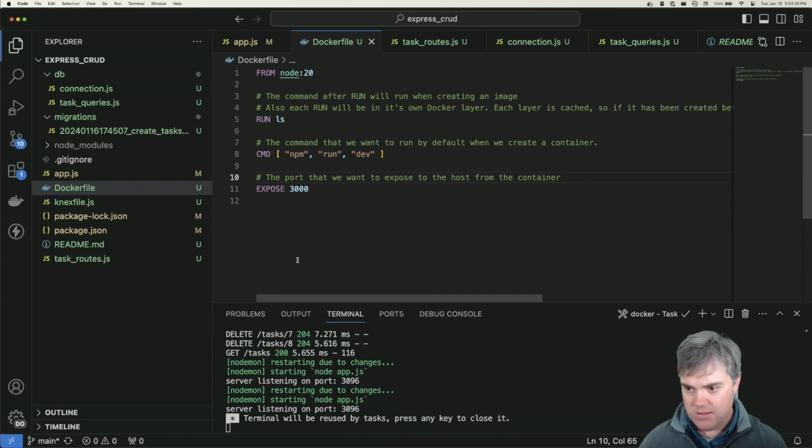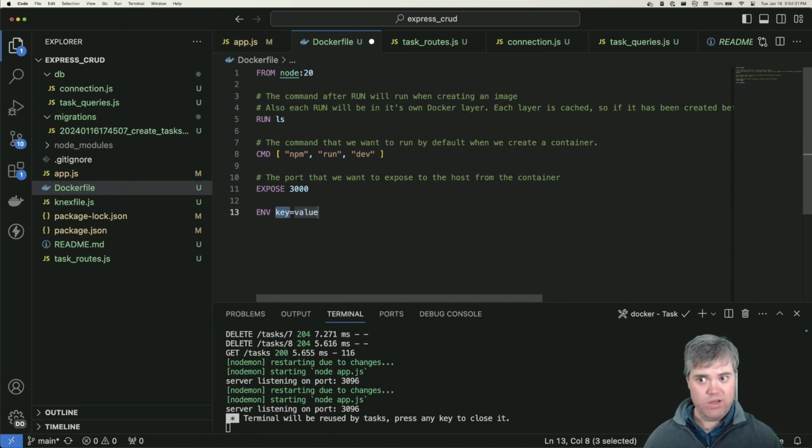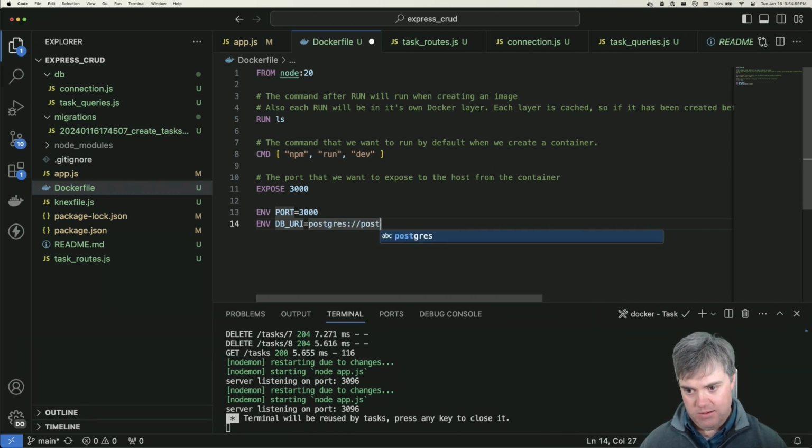So env and our key and value. We have two environment variables for this one that we want ourselves. The key for the first one is going to be PORT. And that's good. I want that to be 3000. And then we also have another environment variable, which is the DB URI. And that value is going to be postgres://postgres:keyboardcat@